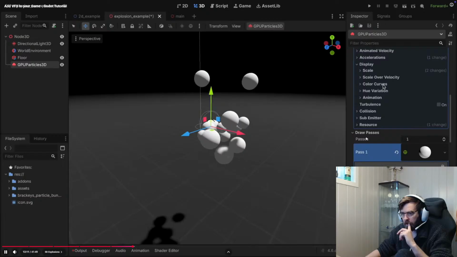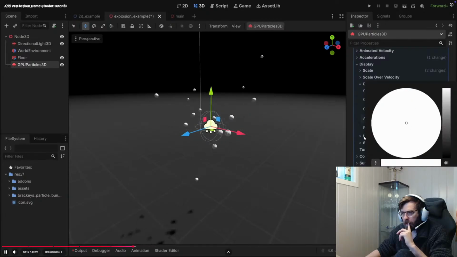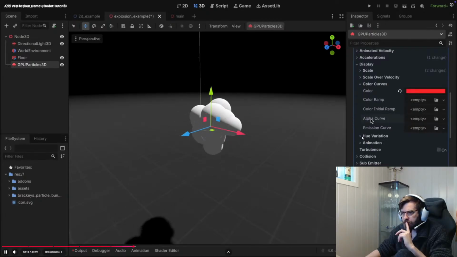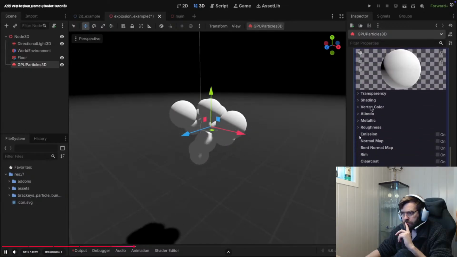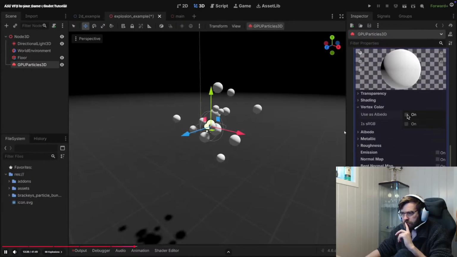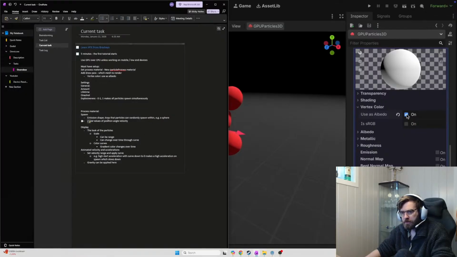To give our particles color, we can go under Color Curves and set a color, except nothing happens. That's because I left Use as Albedo off in the standard material. So if I go to Use as Albedo, under vertex color,